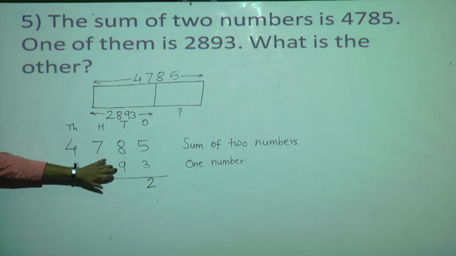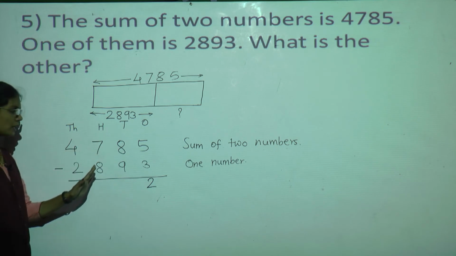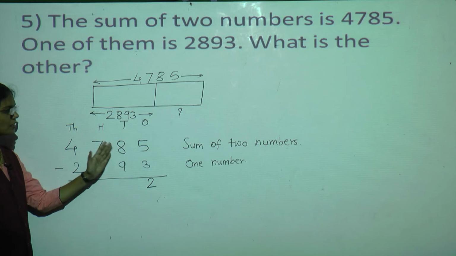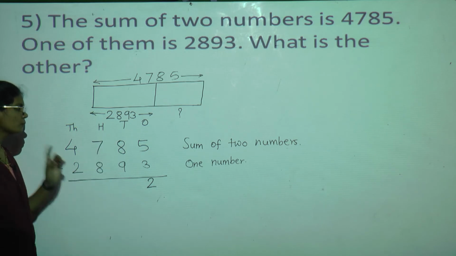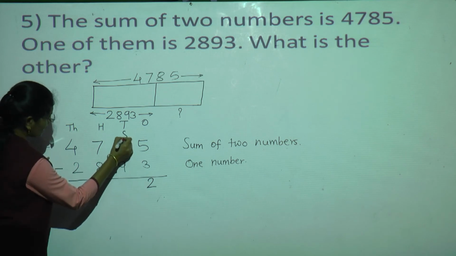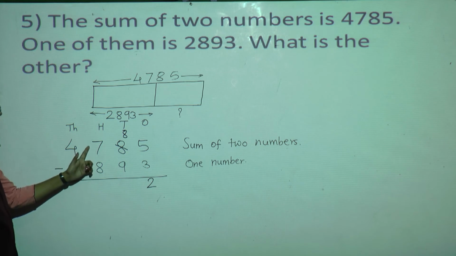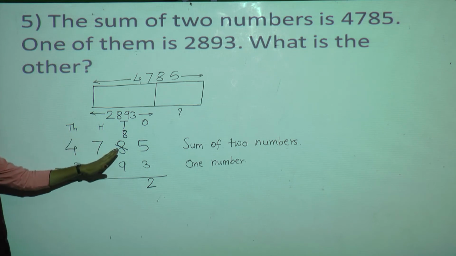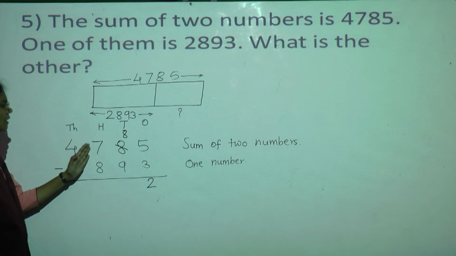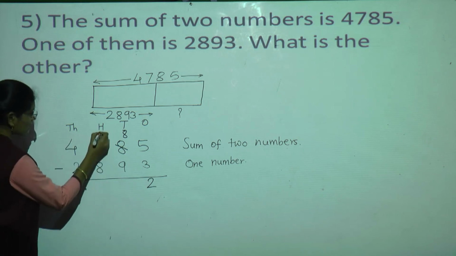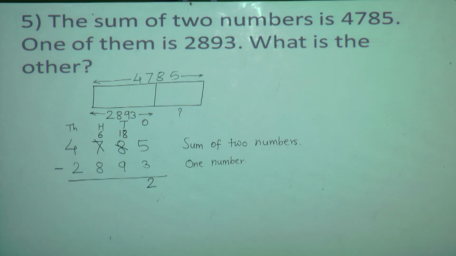Here 8 tens and here 9 tens are there. 8 tens minus 9 tens. Can we do? No, we can't do. Why? Because 8 is smaller than 9. So here we can't do the subtraction. Then what we will do? Just cut this 8 and write it as it is, and then go to the neighbor. Who is the neighbor of tens? Hundreds place is the neighbor of tens. Now this 100 is having 7. So from this 7 take 1 borrow. Okay. So 7 minus 1 is equal to what? 6. And here we will take 1 borrow from the hundreds place.